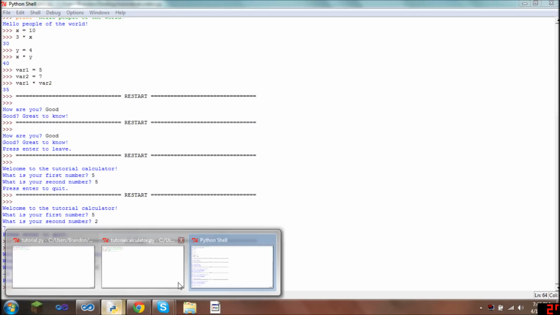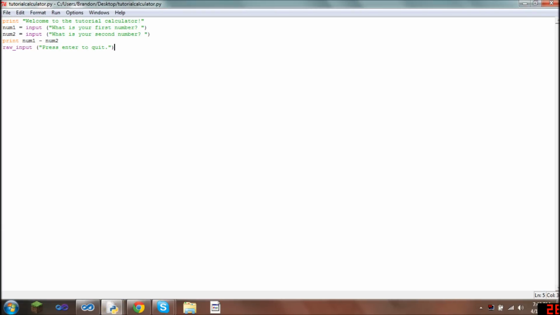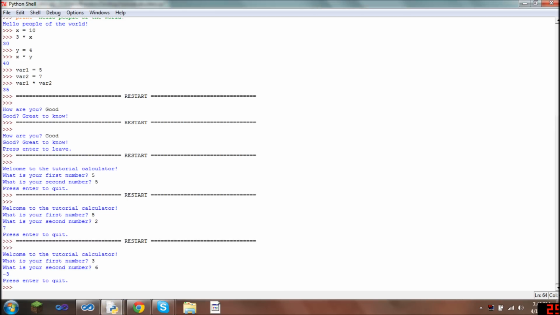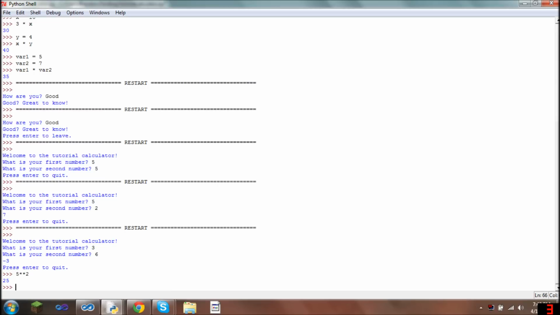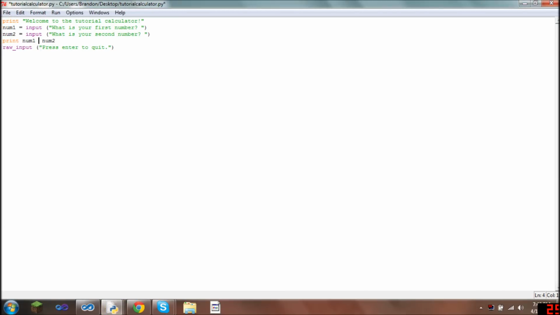We could do it like this. Just do division, multiplication. But there is one thing I forgot to teach you, so I guess I'll go back to this. You can do exponents by doing 2 multiplication stars. So 5 to the power of 2 is 25. And it's as simple as that. So let's say a lot of people can do simple math, but I mean some people don't know. Like, I don't know, an exponent calculator will probably come in more handy than an addition one,